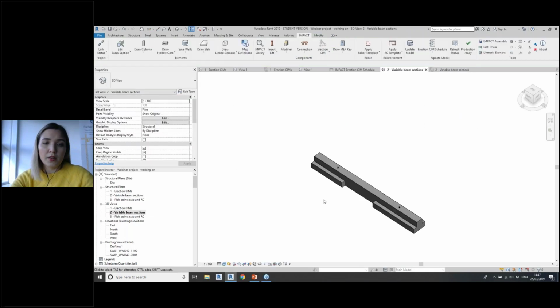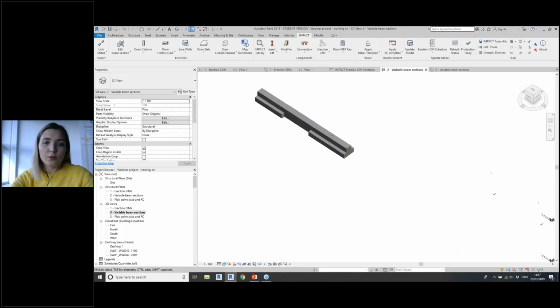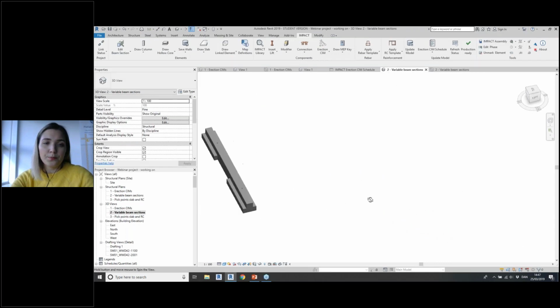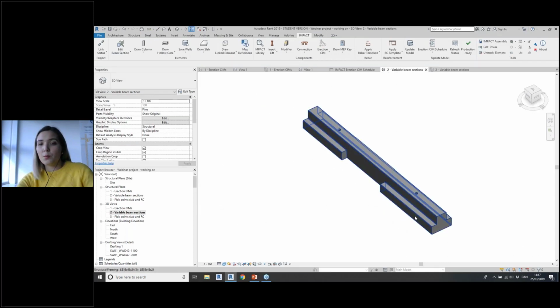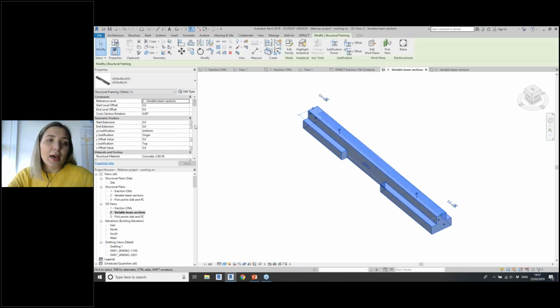If I check it in 3D, it looks just like we configured. There could be way more complex configurations depending on your project. We can also change the length of the beam using that function. What happened now in the system is that we got a new family created on top of the old